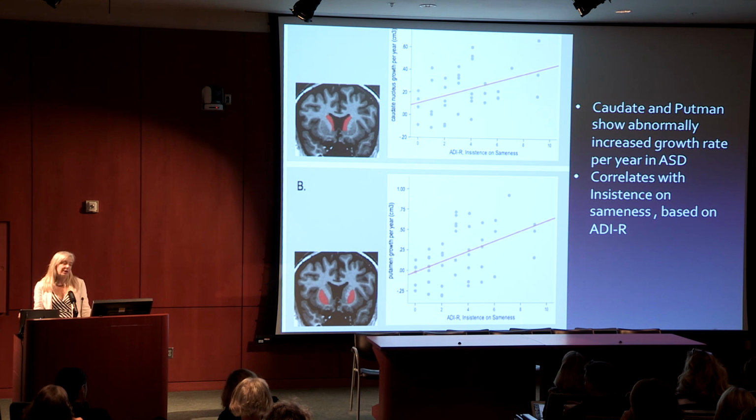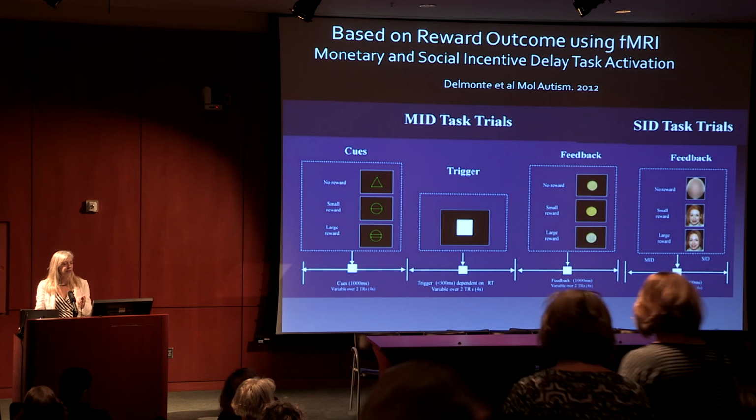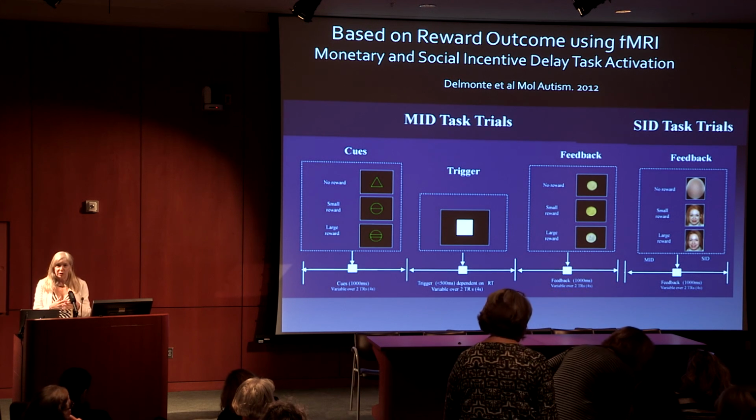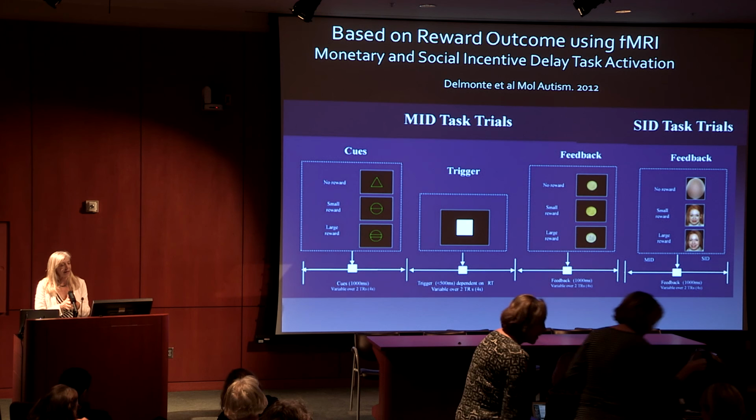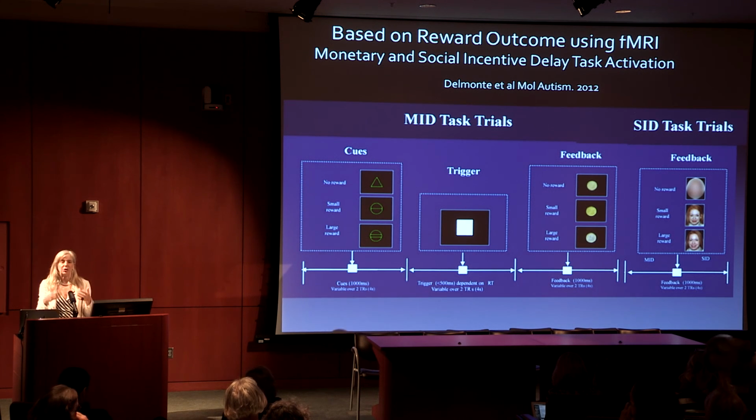But here what we saw is this increase in trajectory of brain growth, an accelerated brain growth, so to speak, that was correlated with the worst symptoms, with increased symptoms in repetitive behaviors. So it suggests that there's something specific to these areas of the brain that is structurally related to repetitive behaviors. Most of what we do here is functional imaging, so I'm going to talk to you a little bit about fMRI. I think all of you have heard enough about fMRI that I don't have to give an introduction to it, but basically we're using MRI scans to look at how the brain is actually working while we